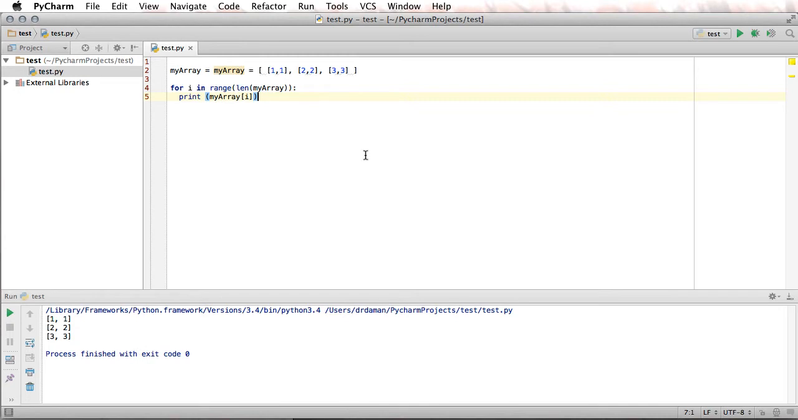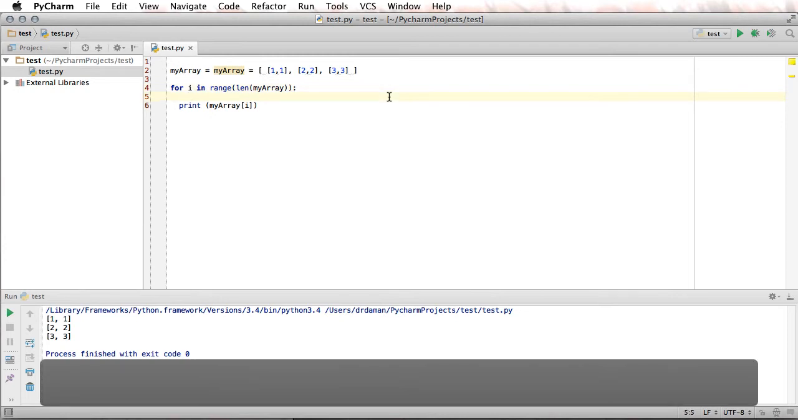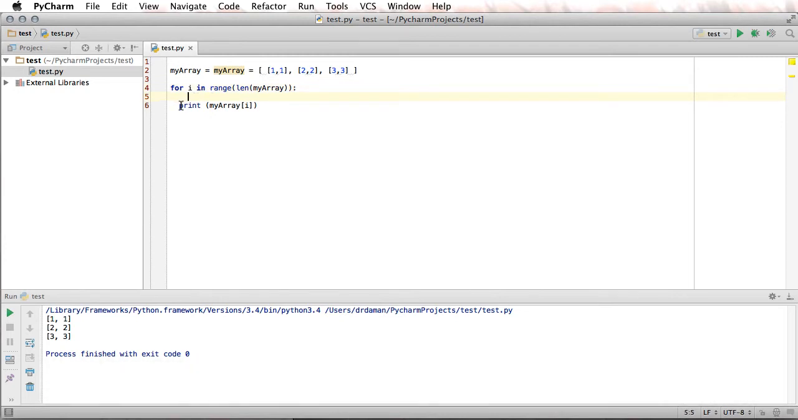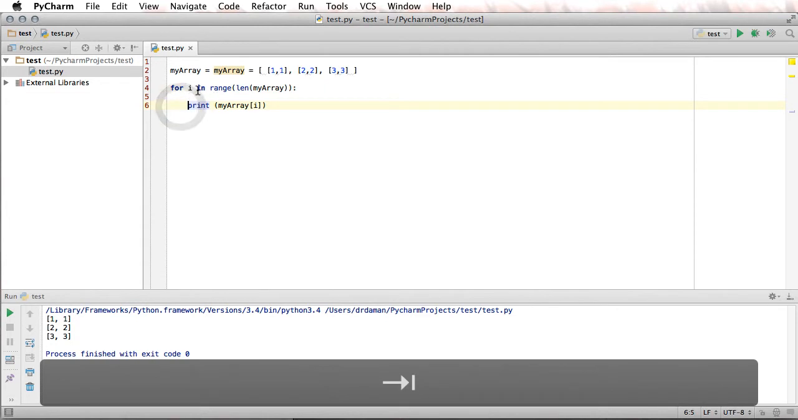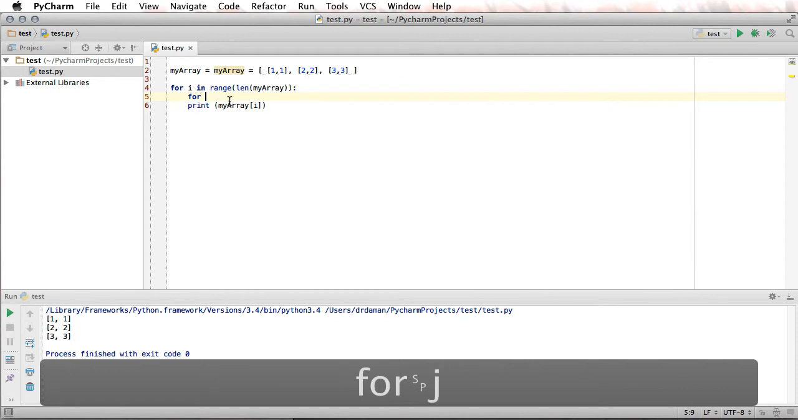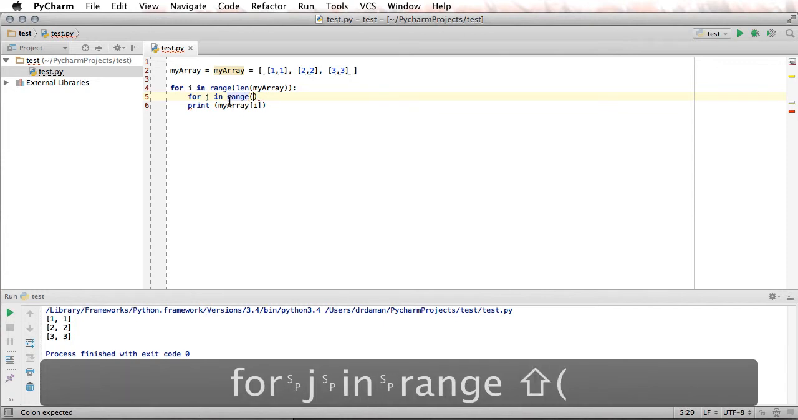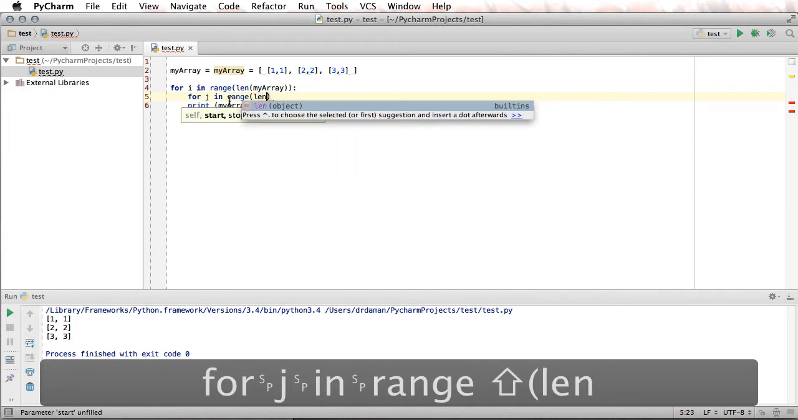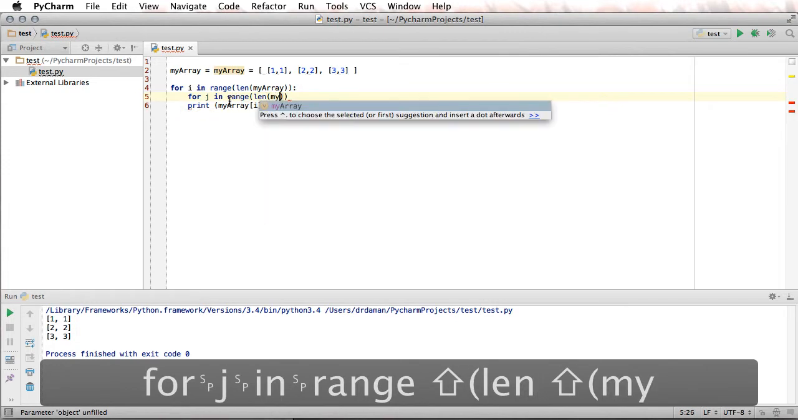Now, if I want to print each individual element, I'm going to have to use what's called a nested loop to pull that off. And that's one of the reasons we discussed nested loops before. What I'm going to have in here is for J in range, length, my array,